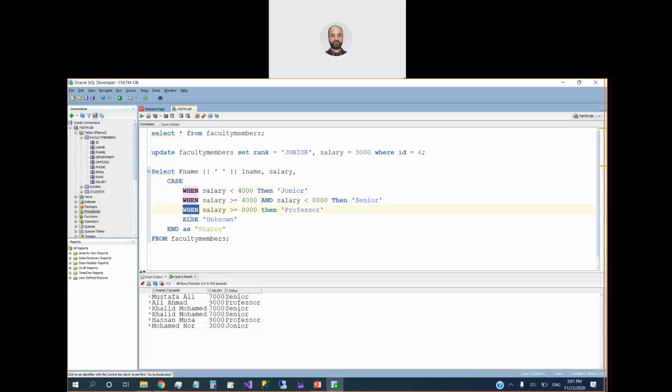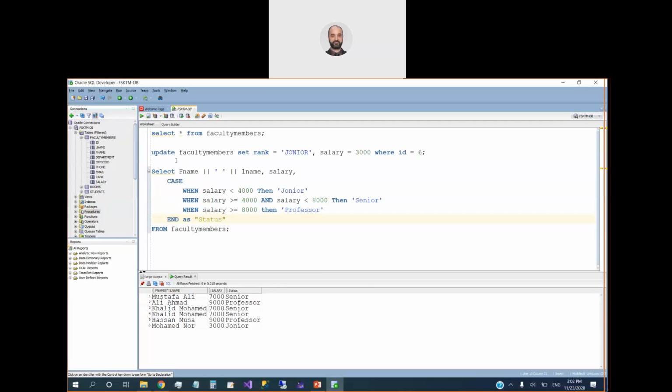Inside the case, we have many when clauses, and also we can have else. Else is not necessary, so it's optional, I think, if I'm not confused. Yes, it's optional. But here in this case, if we have, for example, anyone without salary, then the case will become